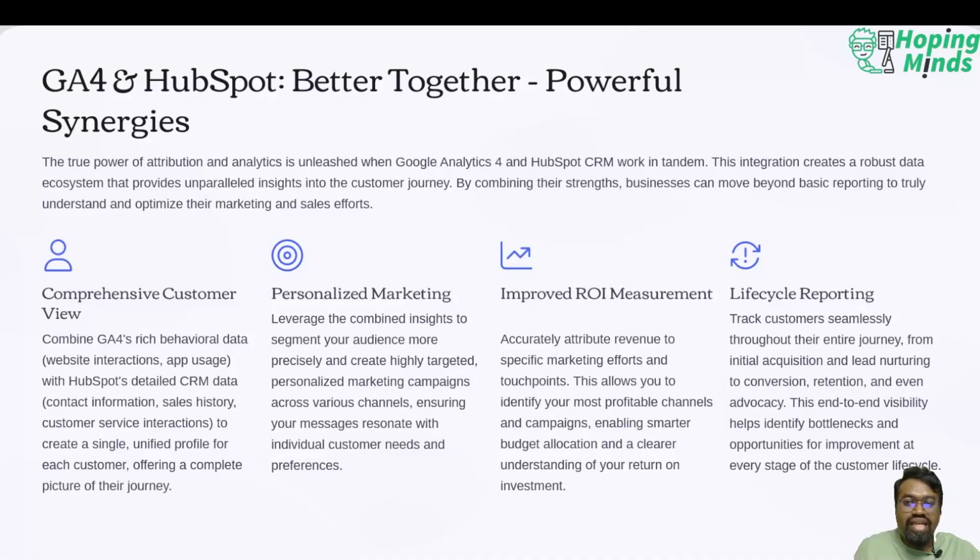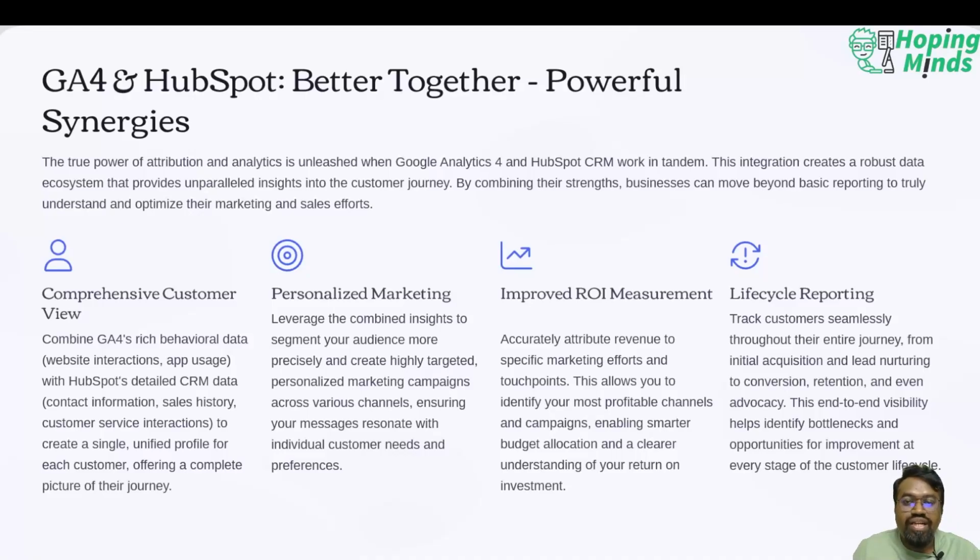Now, we need to understand the patterns that these two bring together. First is a comprehensive customer view. If we combine GA4's rich behavioral data along with HubSpot's detailed CRM data, we can take website interactions, app usage, contact information, sales history, and customer service interactions to create a single unified profile